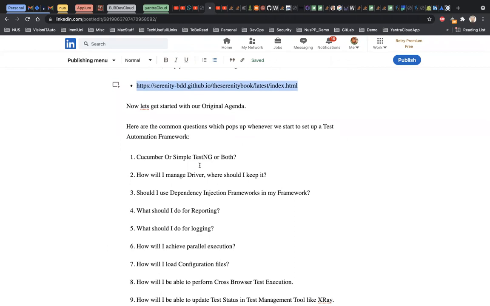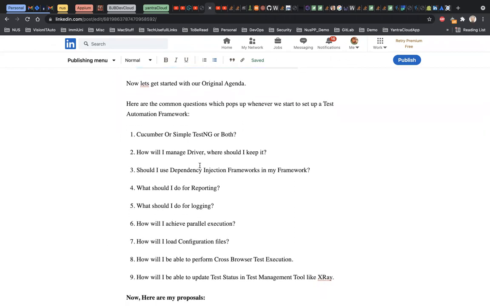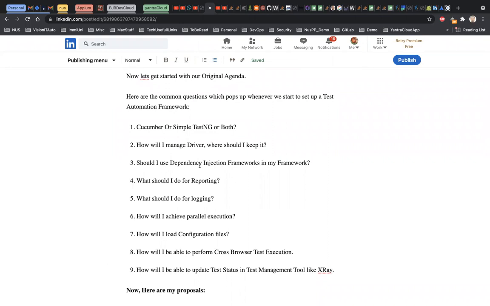Now, the problem which we usually face, the typical problem. I'll think from the perspective of a beginner who is trying to create a framework and where he should be starting. What are the problems he should be solving when he is creating a test automation framework? So first and foremost, he needs to decide what to use, a Cucumber based or simple TestNG based framework. And my recommendation here would be Cucumber,